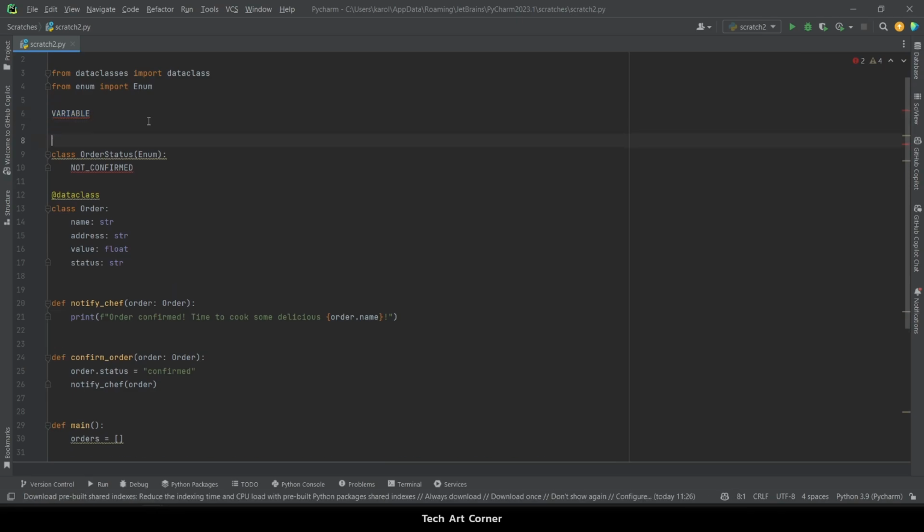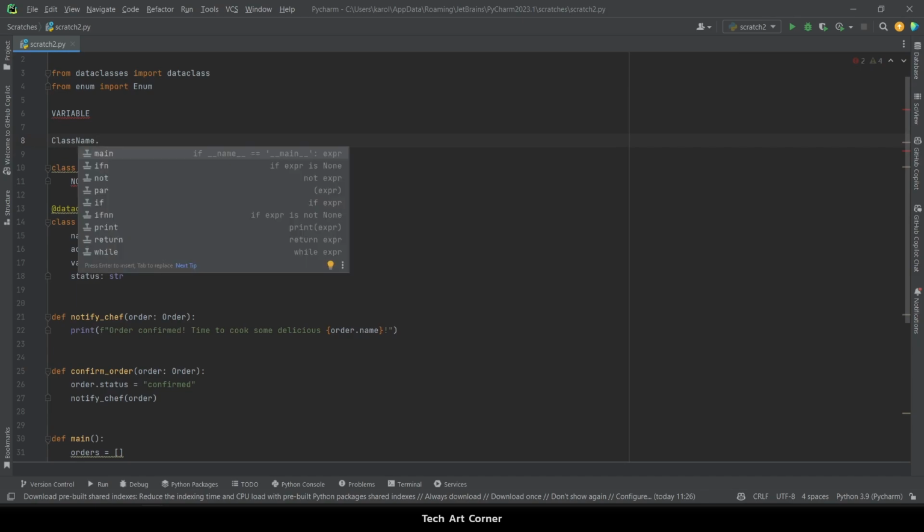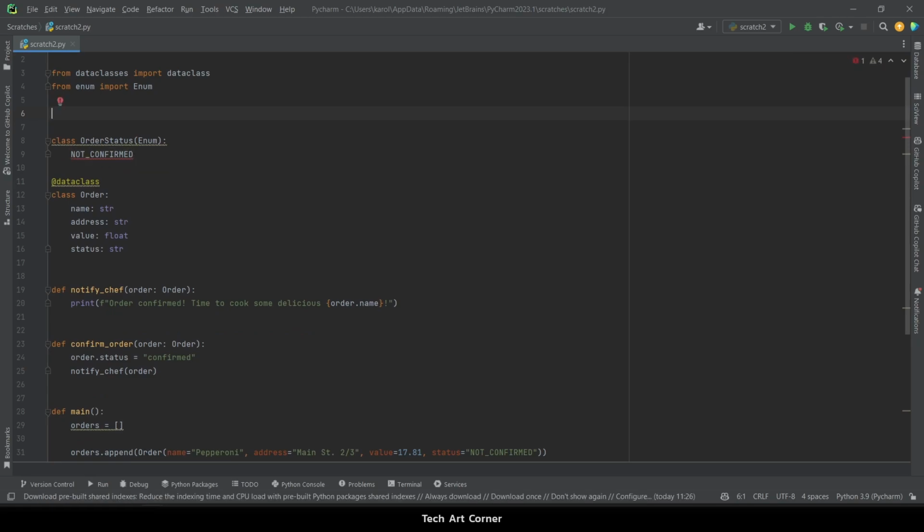If I see a class name, like here, and then an attribute which is uppercase, then I may be sure that it is probably some enum. Of course, I may be wrong, but it just simplifies reading the code. Everyone follows the same convention, everyone gets it.